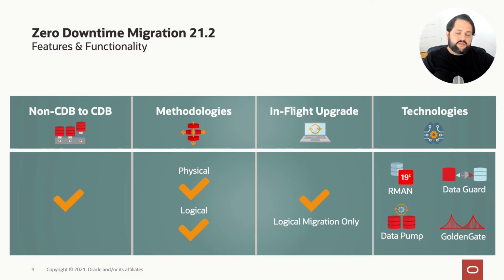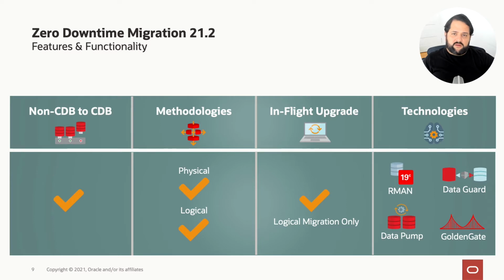This is important to mention that when you're doing it with logical migration, it's straightforward. When you're doing it with physical migration, there'll be downtime because, of course, after the migration, we'll have to do the plug and unplug operation. We support, again, physical and logical migration, and I'll be explaining how each workflow works in a bit. And we also support in-flight upgrades. So you can actually migrate from an 11.2.0.4 database directly to a 19.6 database. Now, this, of course, is limited to logical migration only. When you're performing a physical migration, it has to be from the same version to the same version.